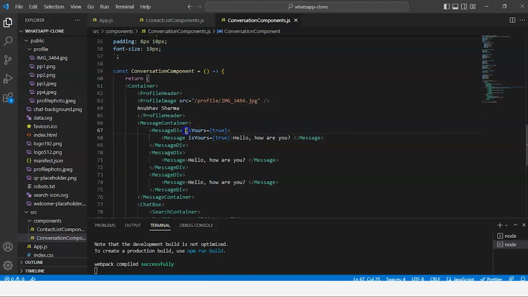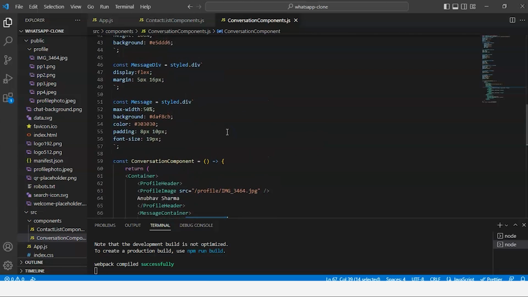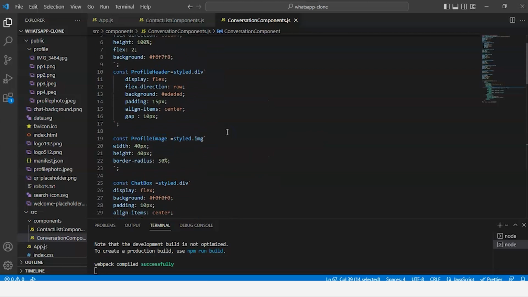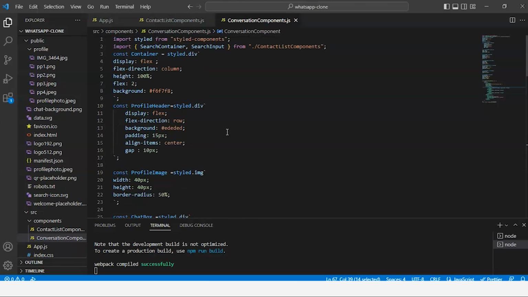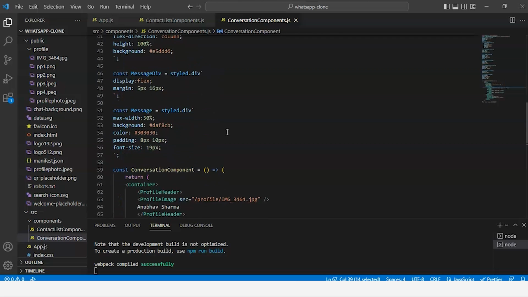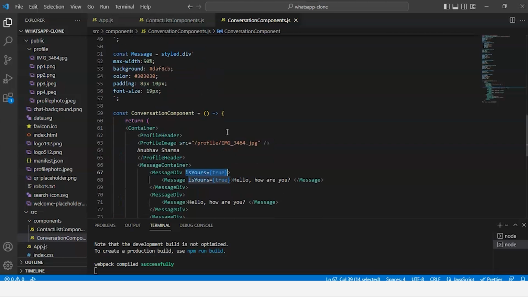Save it. Just copy this part, add this in the message div component, which is here only. Okay,